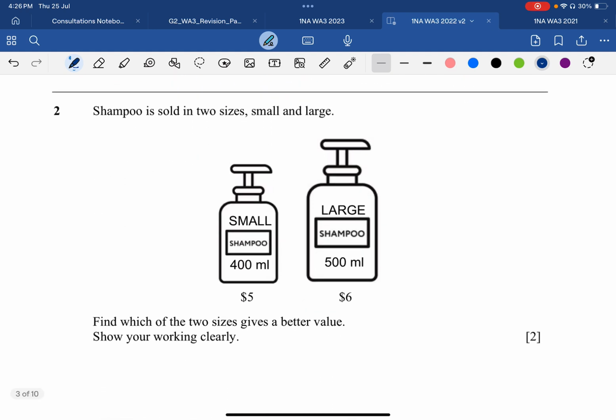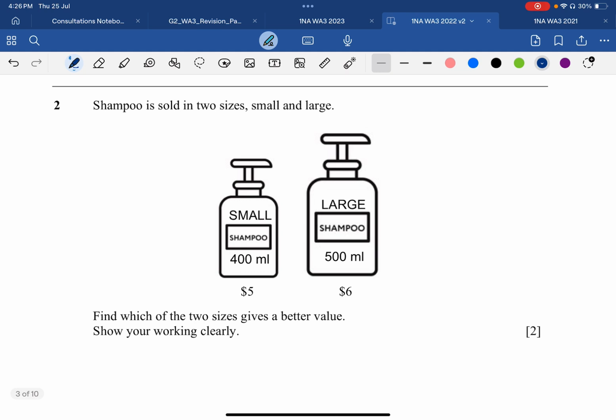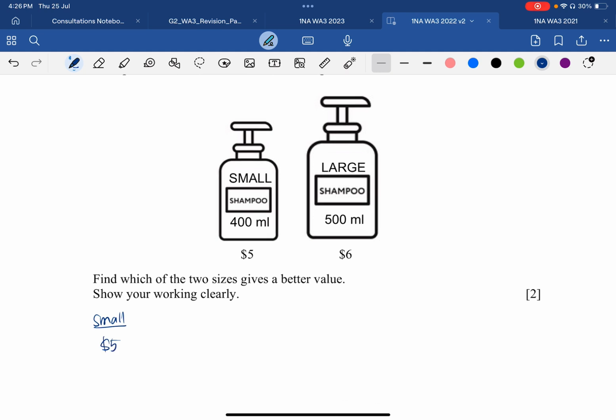Okay, for question 2, shampoo is sold in two sizes, small and large. Find which of the two sizes gives a better value. So for the smaller shampoo, every $5 you get 400 ml. So for $1, I will get 400 divided by 5, which gives me 80 ml. Okay, for the large shampoo, $6 gives me 500 ml. So $1 will be 500 divided by 6, which is